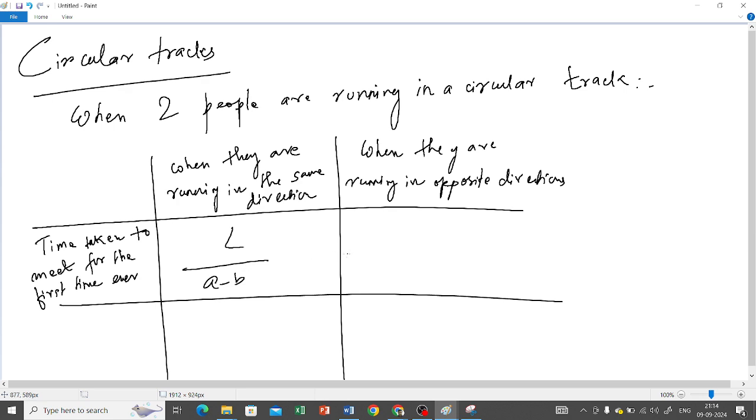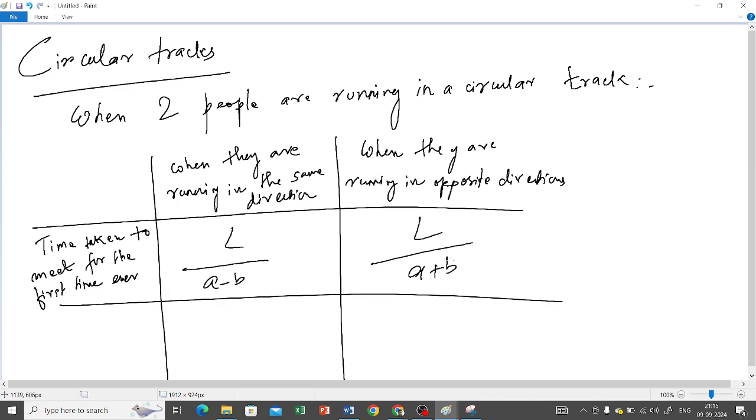What is L and what is A and B? L is the length of the circular track. A is the speed of the first person. B is the speed of the second person. A is greater than B. When they are running in opposite direction, it is going to be L divided by A plus